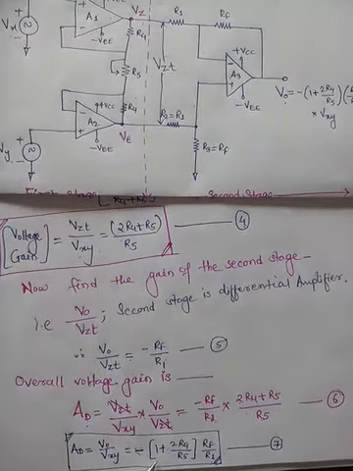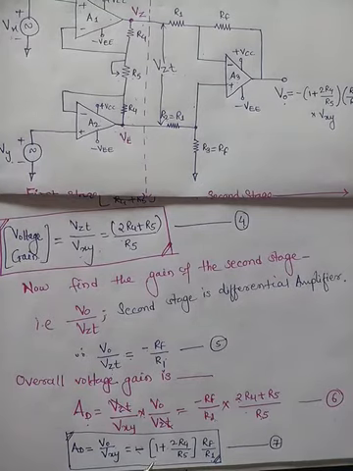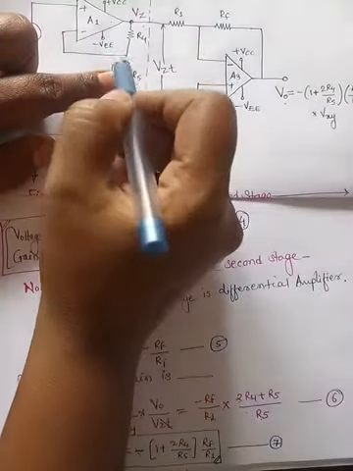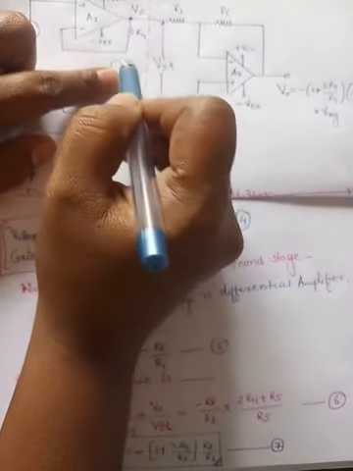Find out here. If R5 is equal to 0, the gain equation will become indeterminate. We could not determine the gain. Whereas if R5 is set to infinity, that is simply we are opening the R5. So when R5 is infinity, it means we are opening this resistor R5 from these two.